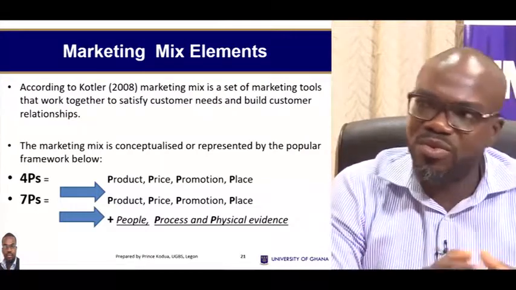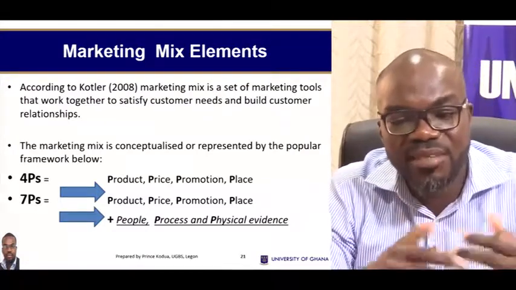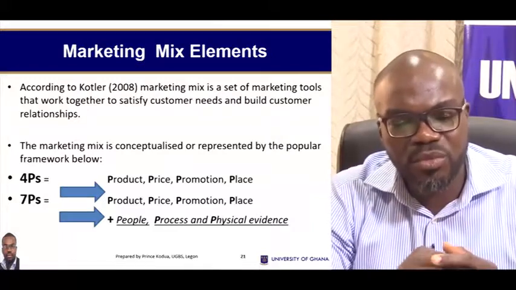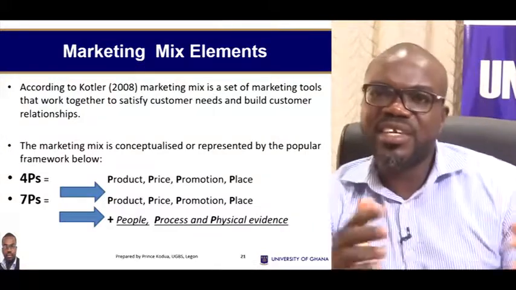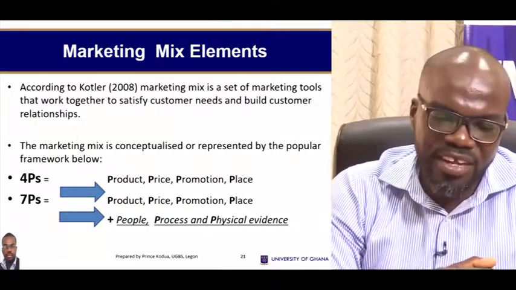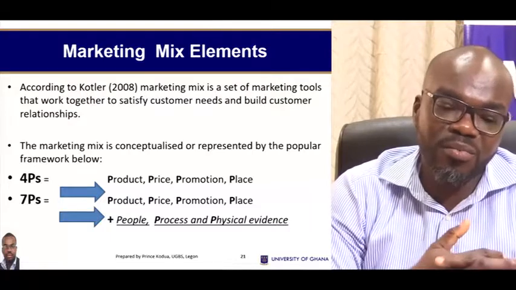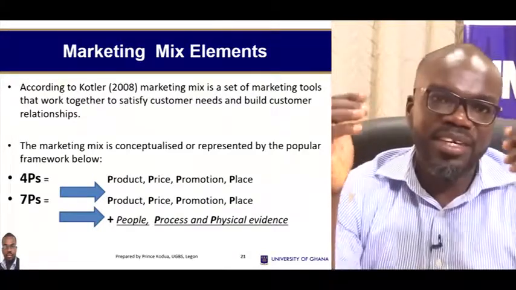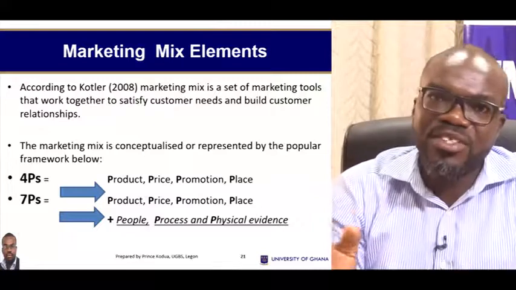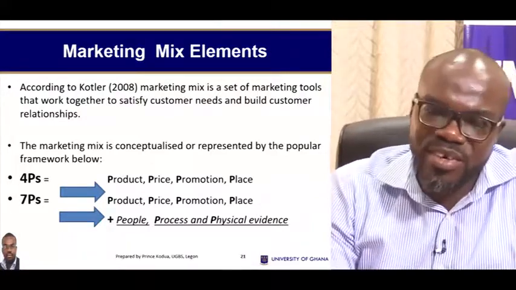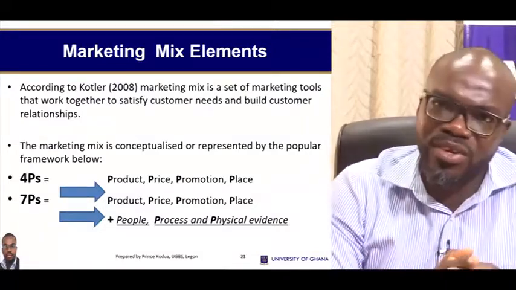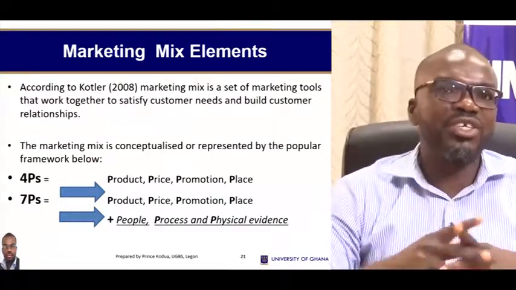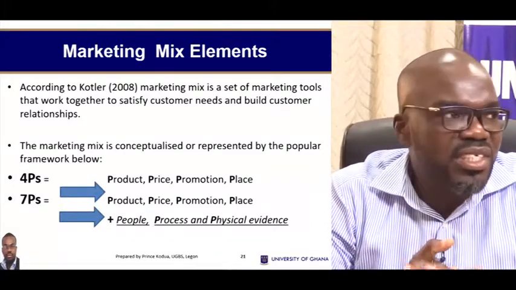The framework by which we are able to serve our target market is what we call the marketing mix. And typically we talk of either the 4P framework of product, price, promotion, place. And sometimes, especially in a service environment, we want to stretch this concept a bit further. So we also include other elements: the people element, the process, and of course the physical evidence. This may look simplistic, but it's not as simplistic as it appears, because these are major decision areas. When you take products, for instance, there are a lot of things that will have to go into products. Pricing issues, promotional issues. Place simply has to do with distribution. How do we ensure that we get our goods and services or ideas